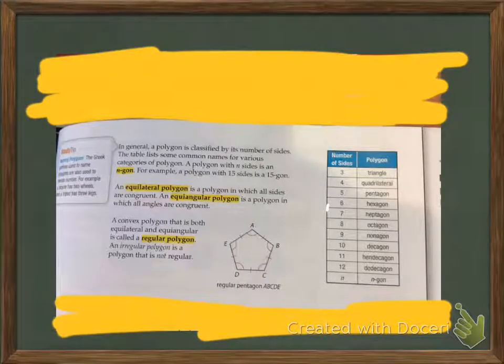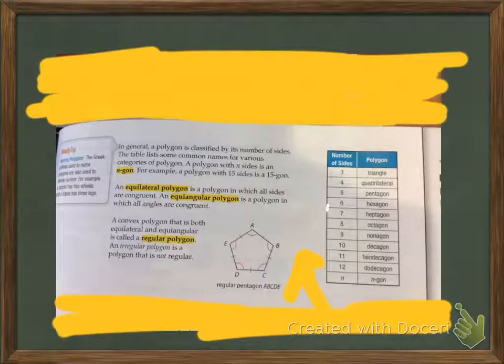Here are different types of polygons that you could name. There's irregular and there's regular polygons. Regular polygons, all that means is that all of the angles are the same and all of the sides are the same. So they've labeled this pentagon here as regular because you can see all those dashes on each side represent all the sides being the same, and all the angles with the little squiggles on them represent them being the same. So this would be a regular pentagon, or you could say an equilateral and equiangular